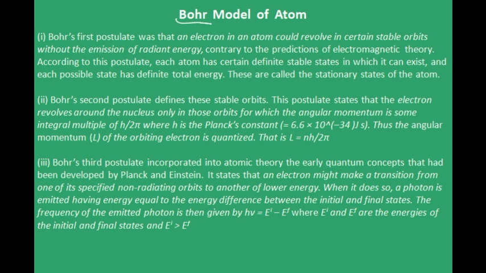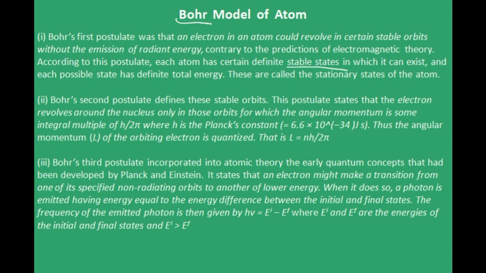He said that there are certain orbits or certain states of energy where, when the electron revolves in those orbits, radiation is not given out. I mean, when the electron revolves in certain orbits, the electron is stable without giving out any energy. So he called them stable states. When an electron revolves in these particular orbits, it doesn't give out electromagnetic radiation. Hence, it has a fixed amount of energy.